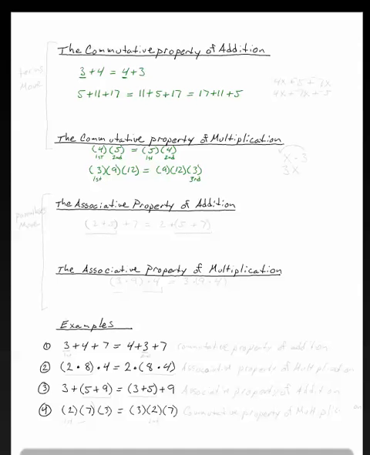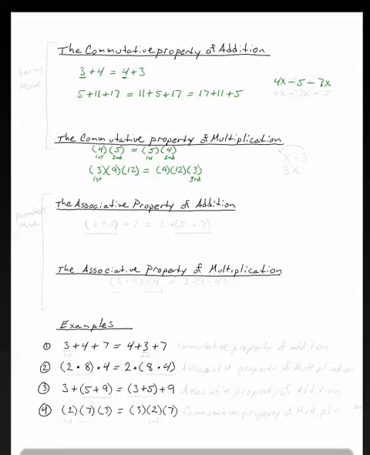Now notice that there is no commutative property of subtraction or division. It won't work for subtraction or division. And that's why we often change our subtraction to addition of the opposite. So, if I had, let's go back up here under addition, say, 4x minus 5 minus 7x, and I wanted to rearrange this so that the like terms were next to one another so that I could simplify,